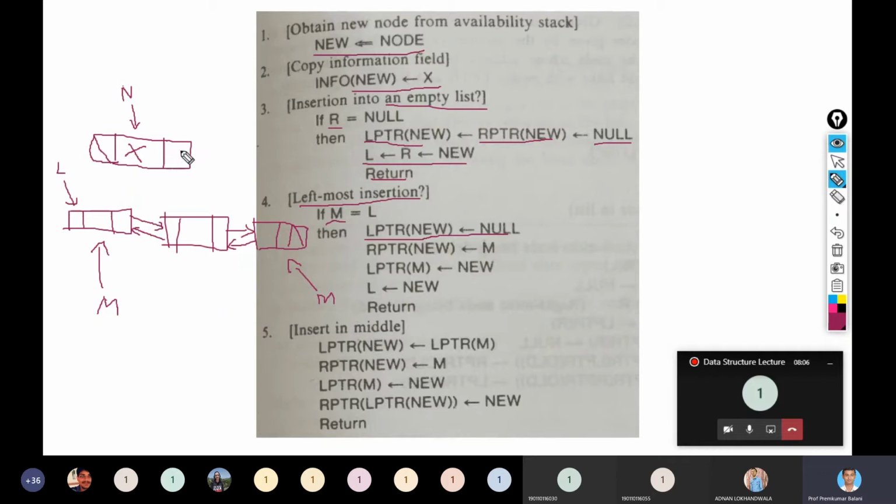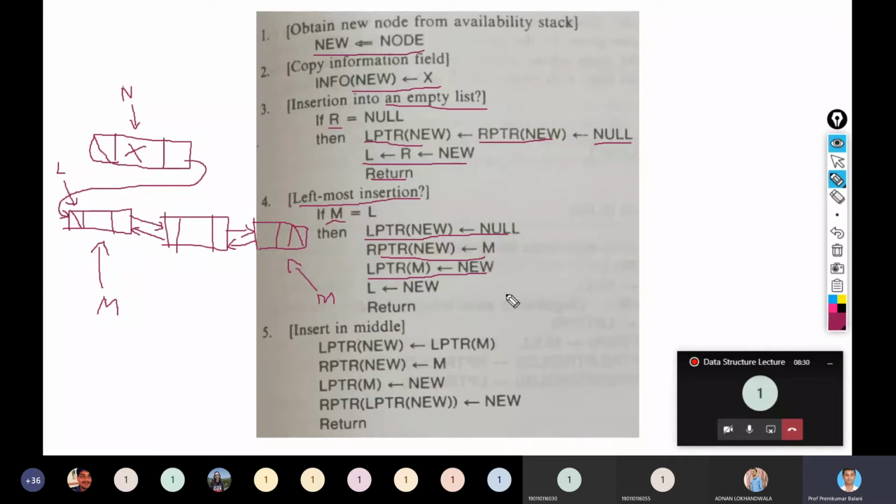So this right pointer of new would be pointing to the node which is pointed by the M, and left pointer of M equal to new. Right now, the left pointer of M is equal to null, right?